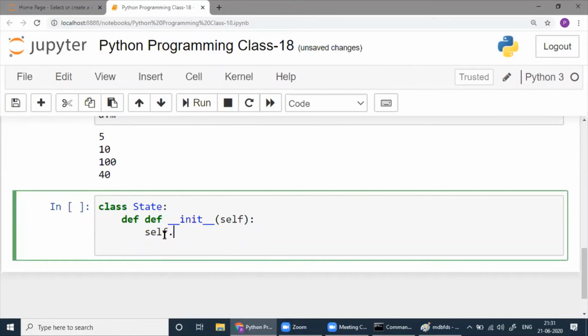Let me define here only directly. I don't want to send that one. Whatever, suppose 5.